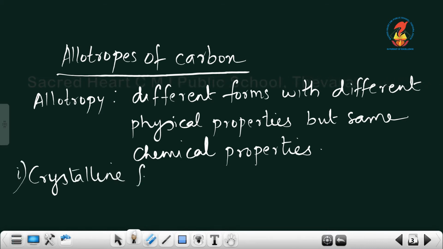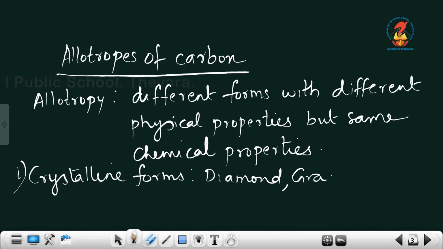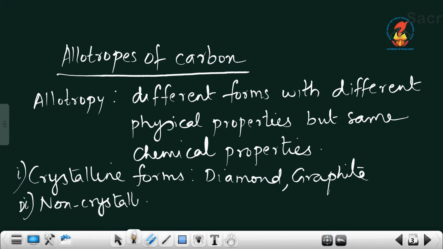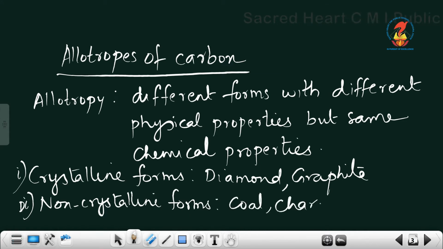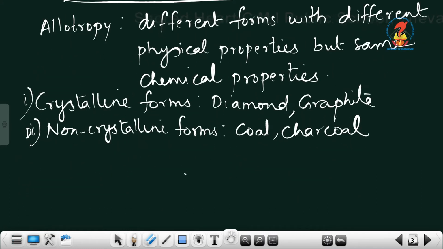The different allotropes of carbon: first are its crystalline forms like diamond and graphite. Second are the non-crystalline forms, coal and charcoal. Then the third type is known as